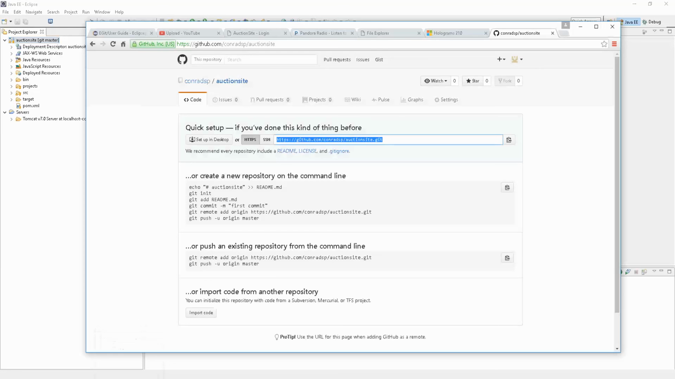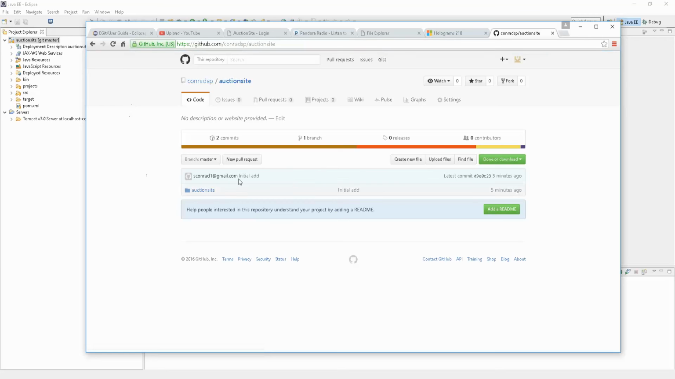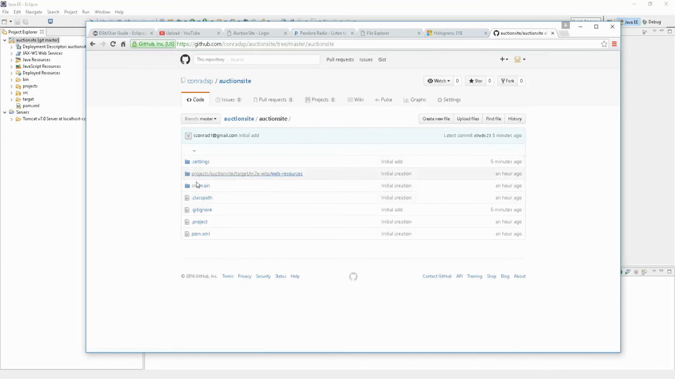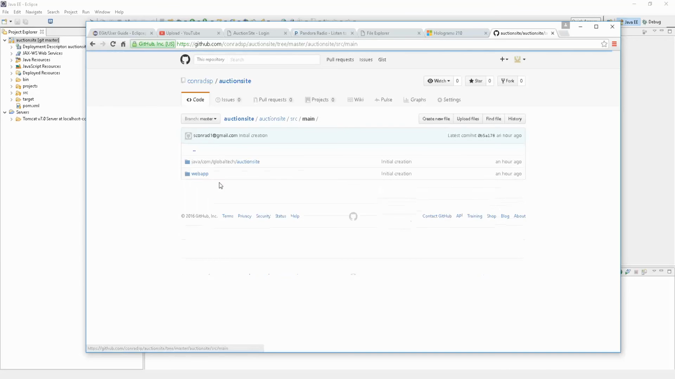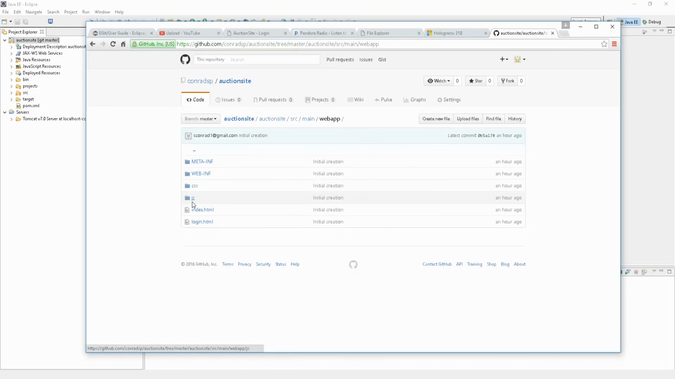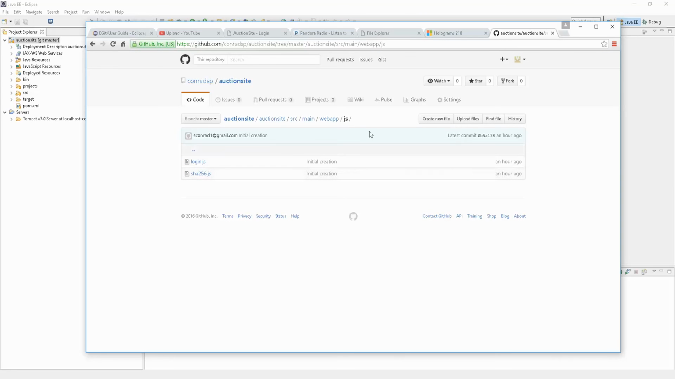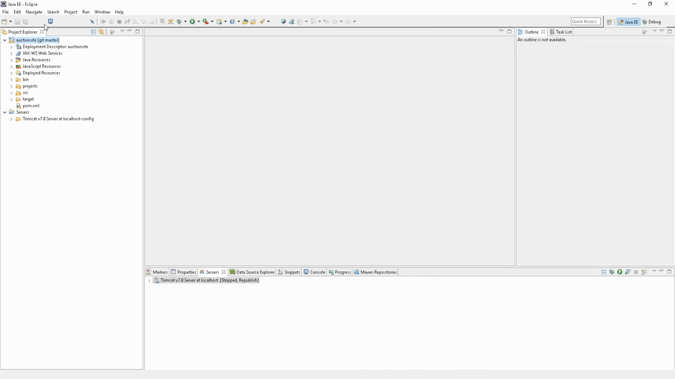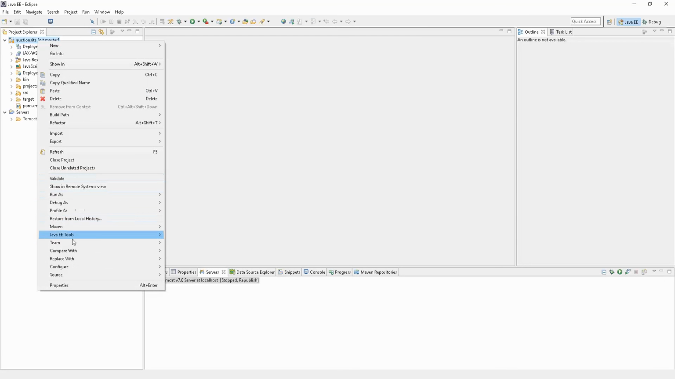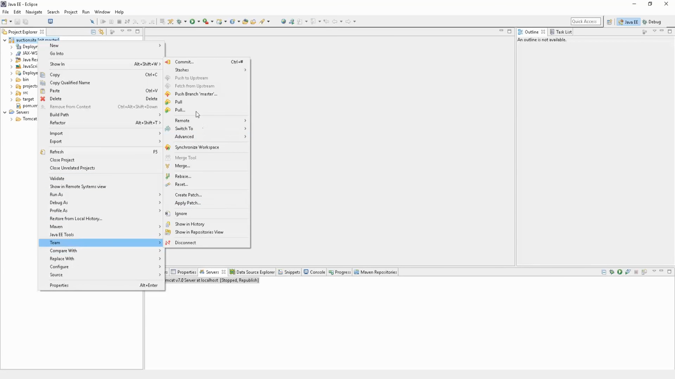So now if we go to GitHub here, and we click on the auction site, we will see we have an auction site. Here are all of the files. Source main, here's our web app, CSS, and our JavaScript. Everything is up here. Now the nice thing is somebody else can go ahead and configure Eclipse and can actually pull from that. You use pull to pull from